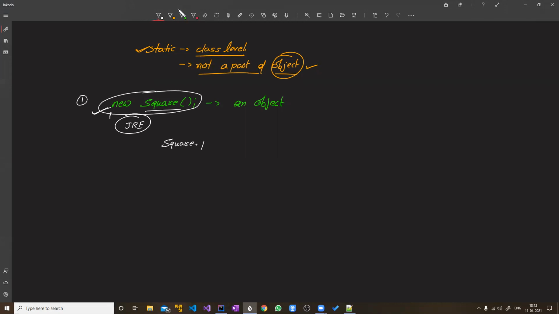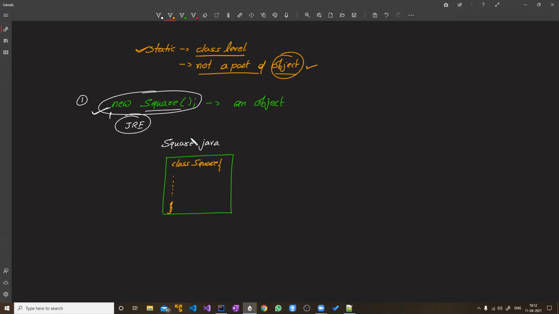Let's say this is the Square.java source file. So your Square.java source file will contain the class called Square. It will have a class declaration called Square. We have seen this already, right? Something will be there in this class. So this is the class definition.